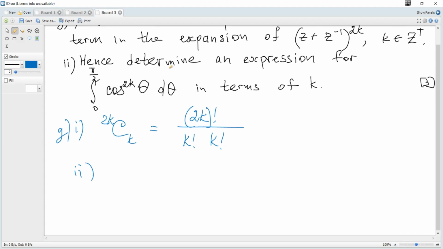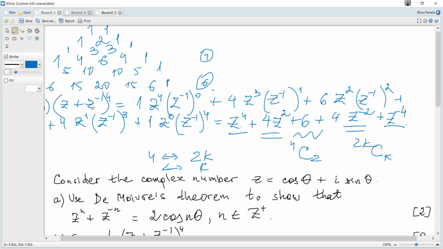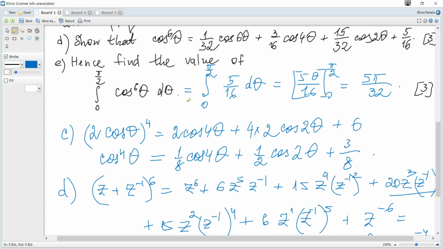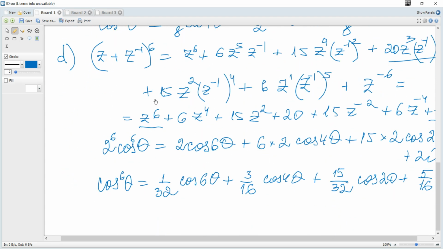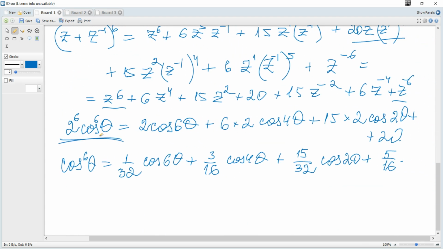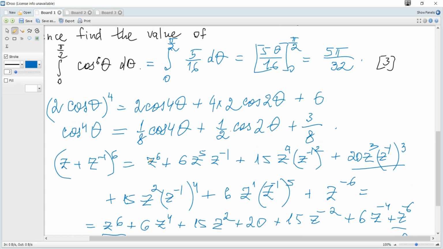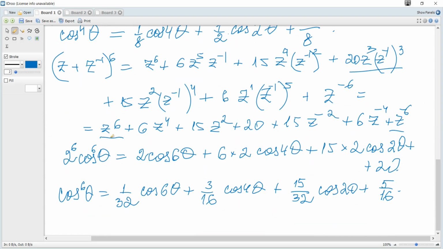And finally, hence determine an expression for this in terms of k. So in general, now we consider this to the power of 2k, and let's see here, on the left hand side you get 2 to the power of 2k